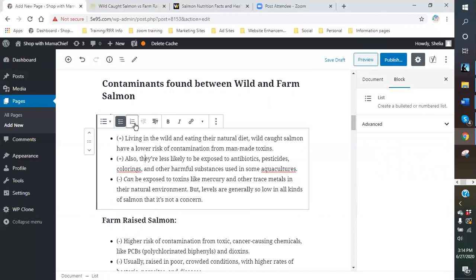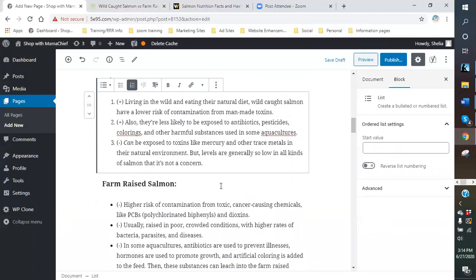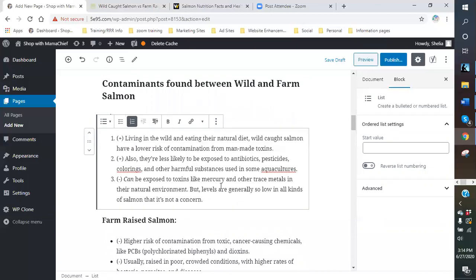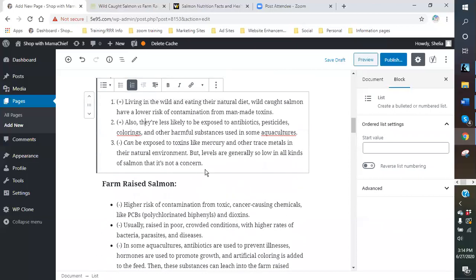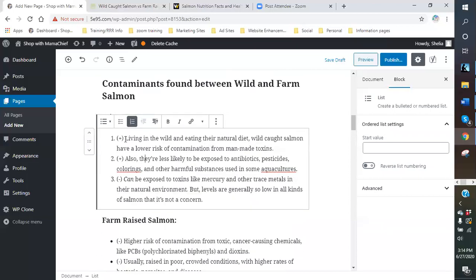So I'm going to change this to numbers. Even the plus signs and the minus signs can be considered consecutive too. So again, this is where you can change it. And I can say here, a plus,